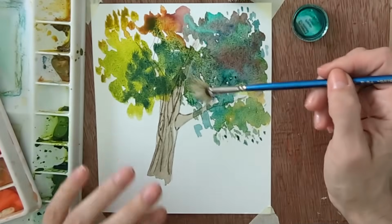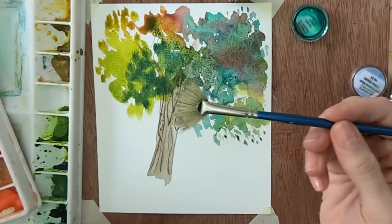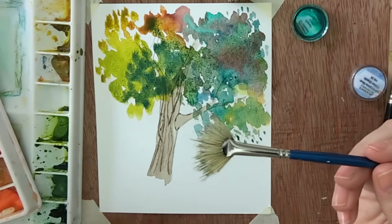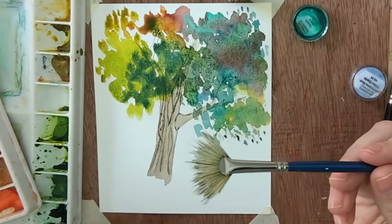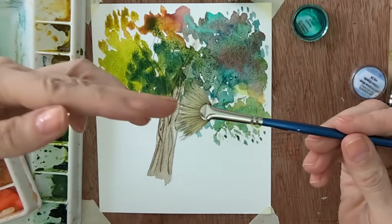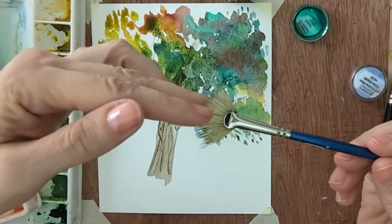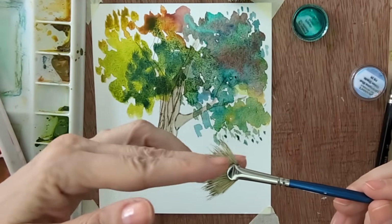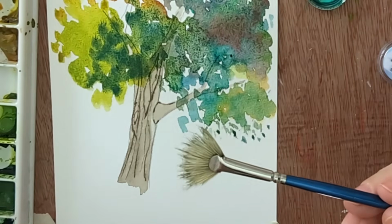If you find it hard to paint texture like I've been doing here, try a texture brush. This one is a cheap acrylic fan brush. Now, it didn't come with a ragged edge like this. Brushes like that can be very expensive. All I did was I took some hairdressing scissors, or you can use some nail scissors or embroidery scissors. And what you want to do is snip this way, cutting directly towards the bristles until you have a nice